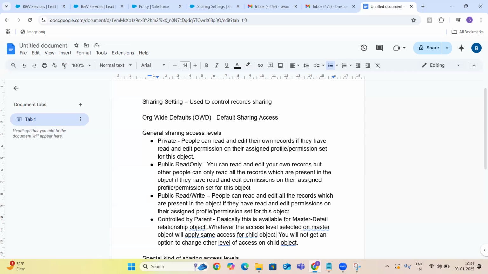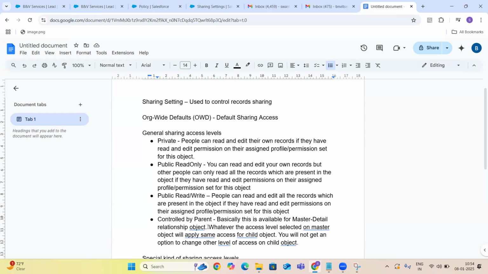Mostly they'll not ask, but there are some people who will ask you. See, the contact object also has the controlled by parent option, but still I have the option of getting other access also. In such cases, you have to explain about the special relationship fields like contacts, accounts. Contacts and opportunities have a special relationship with the account. They look like a lookup relationship, but they behave like a master detail as they are behaving as both the relationships together. That's the reason you were getting all those options.